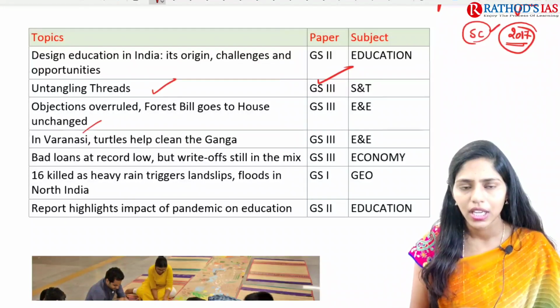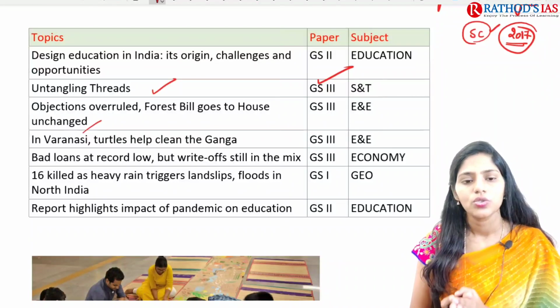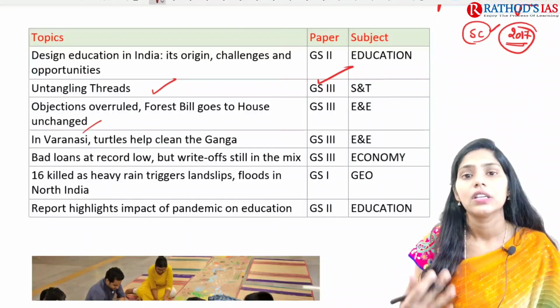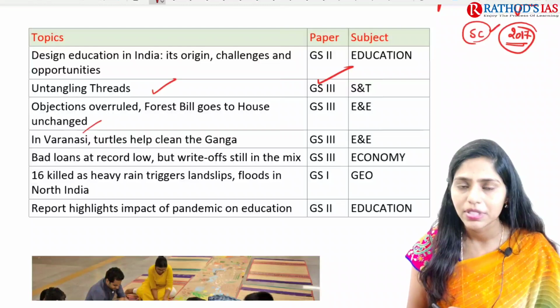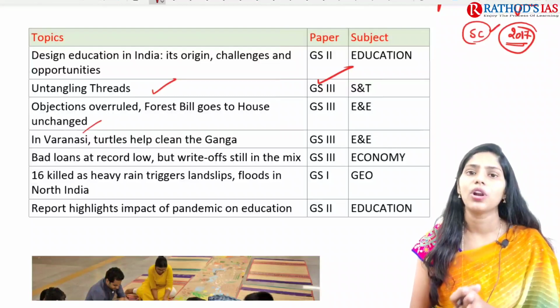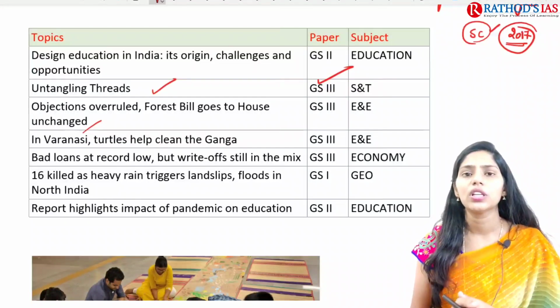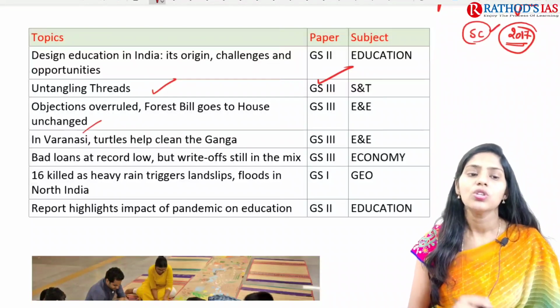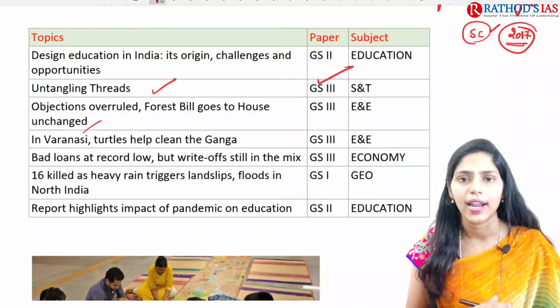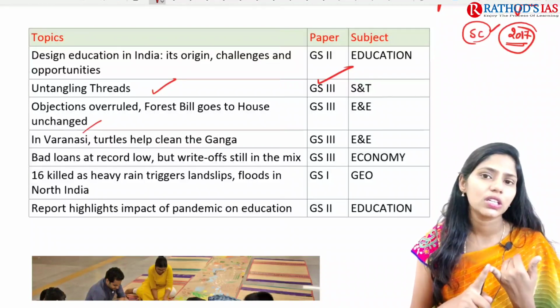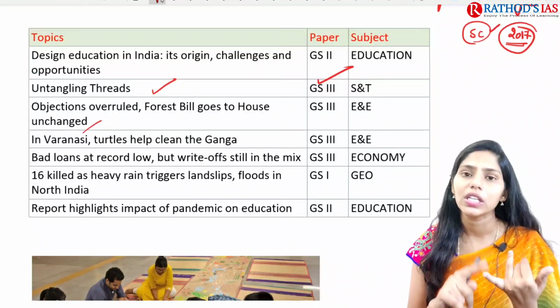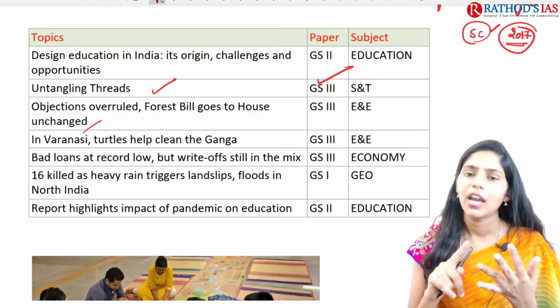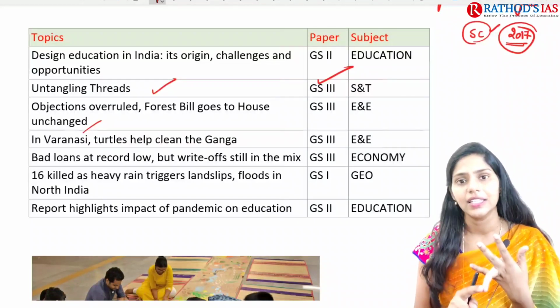So because of this heavy rainfall, there are increased landslips. Because of these landslips or landslides, the death toll has increased. Here you have to know why North India is prone to landslides. The first and foremost thing is why North India is prone to landslides and what exactly a landslide is,